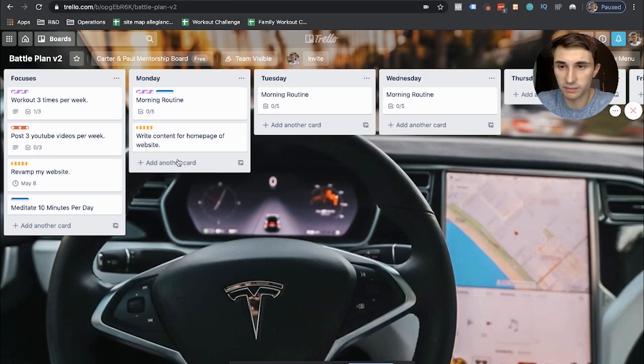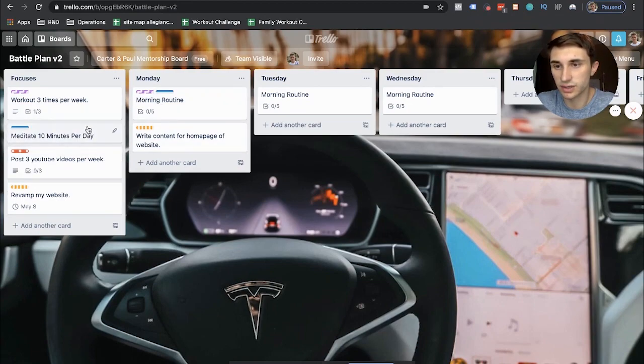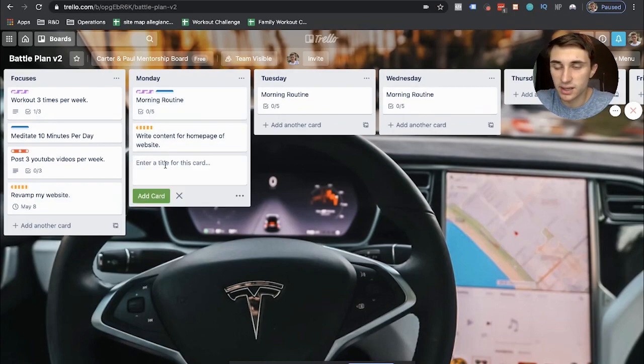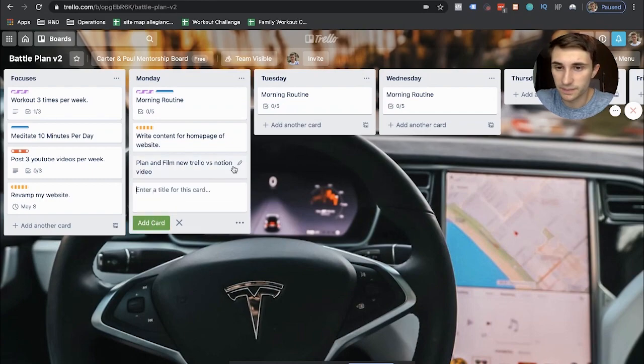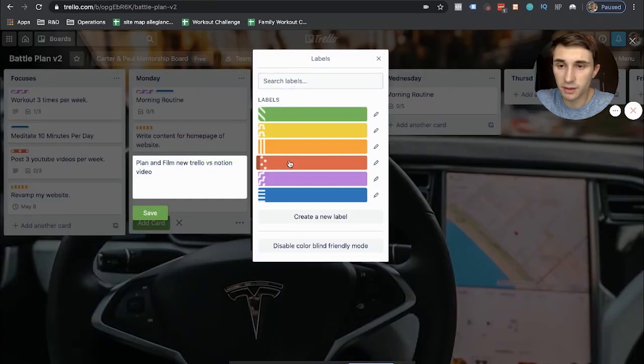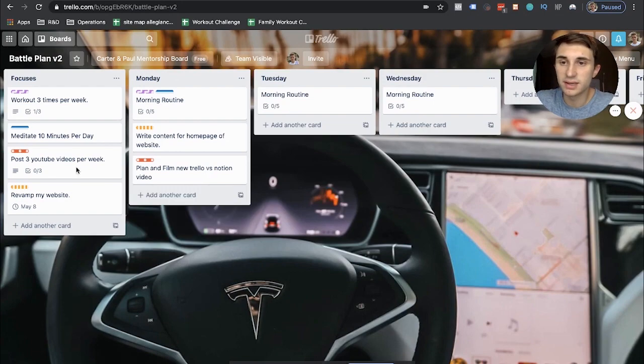You can add both of them, all right, because your morning routine is related to this, and it's related to this one here. Writing content related to revamping the website. Plan and film new Trello versus Notion video. That'll be red, right? So really cool, and this is just a great way to basically get things done.